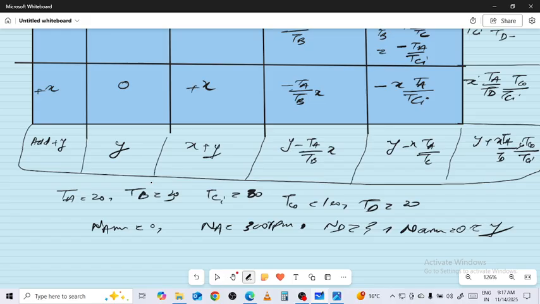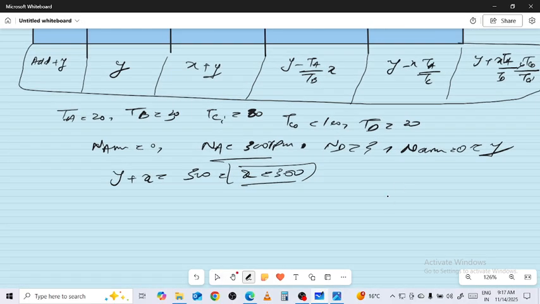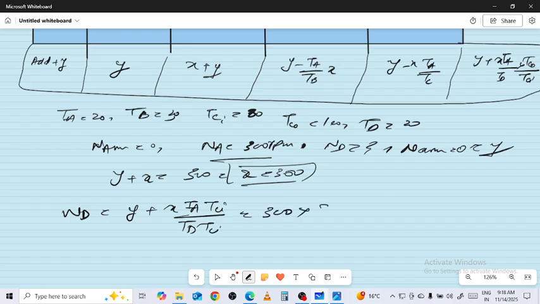On that node we have y plus x is equal to 300, क्योंकि यहाँ पे speed of A is equal to 300, therefore x is equal to 300 rpm, क्योंकि हमारा y तो शून्य है। On that contrary node, the last pair of this, which is to be a ND over here, so the value of ND y plus TA TC initial by TD TC initial, so 300 TA 20 initial 80